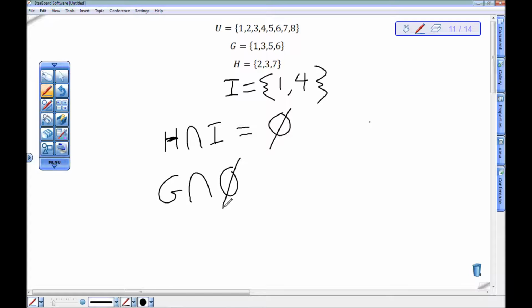So I want everything that is in both G and the empty set. Well, when I look at the elements of G, 1, is 1 in the empty set? No. Is 3 in the empty set? No. Is 5 in the empty set? No. Is 6 in the empty set? No, I don't think so. The intersection of these two sets must be the empty set, because there's nothing in both G and the empty set.